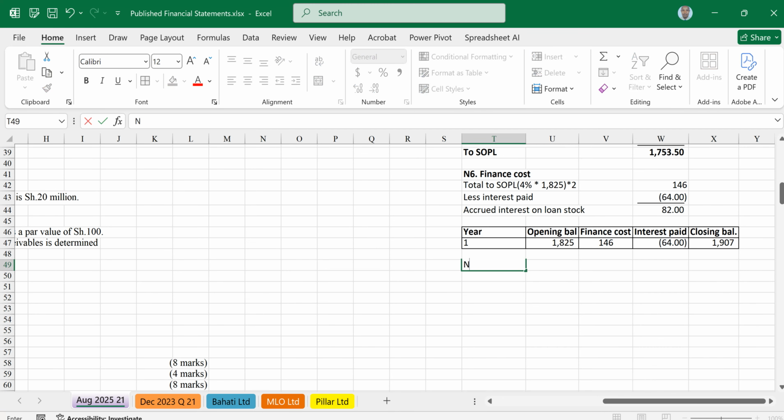Note 7. Income tax expense. Note 7 is about income tax expense. Now, on income tax expense, we want to start with deferred tax. What is deferred tax? Or before we even do deferred tax, I think that will not give us a correct answer. So you can skip that a bit. I want to start with the revaluation so that I can get what arises from the revaluation as well.